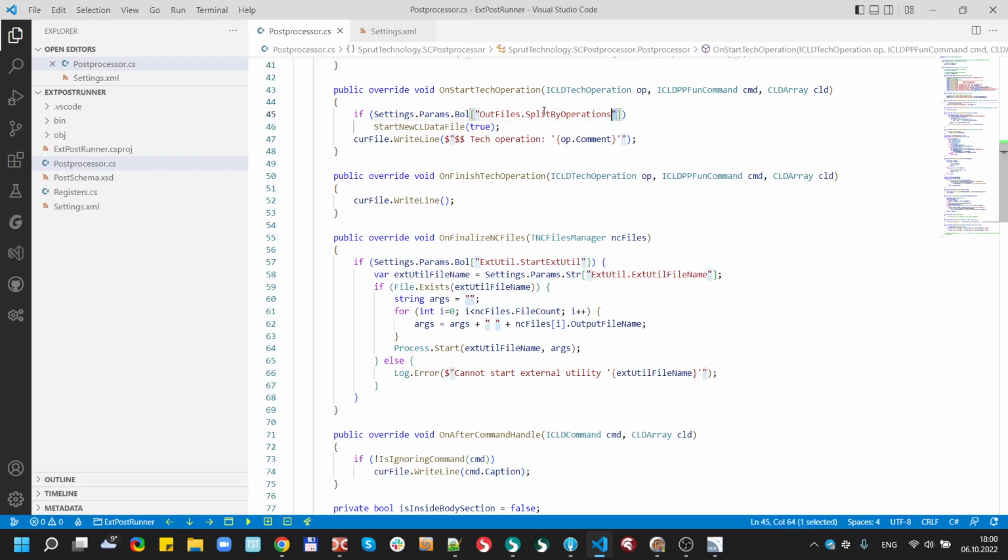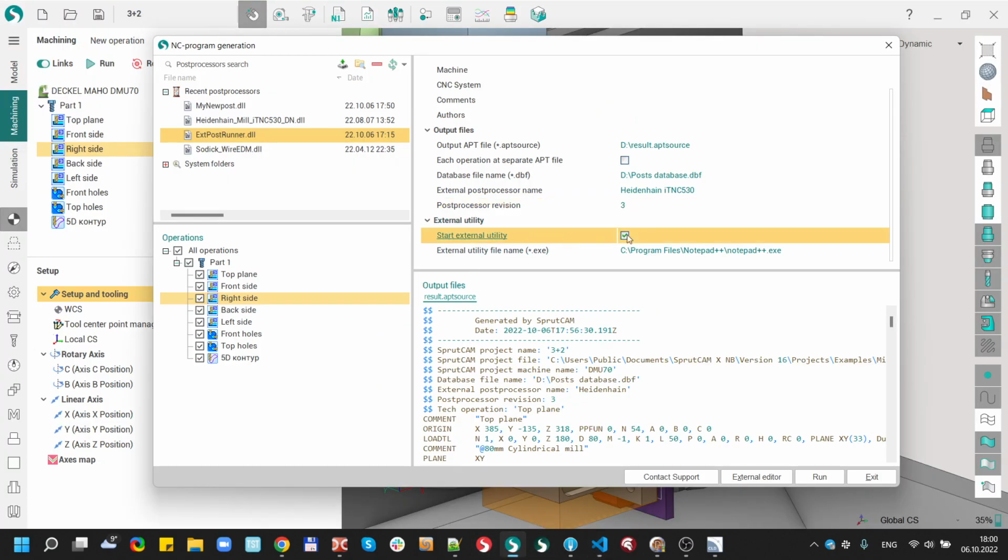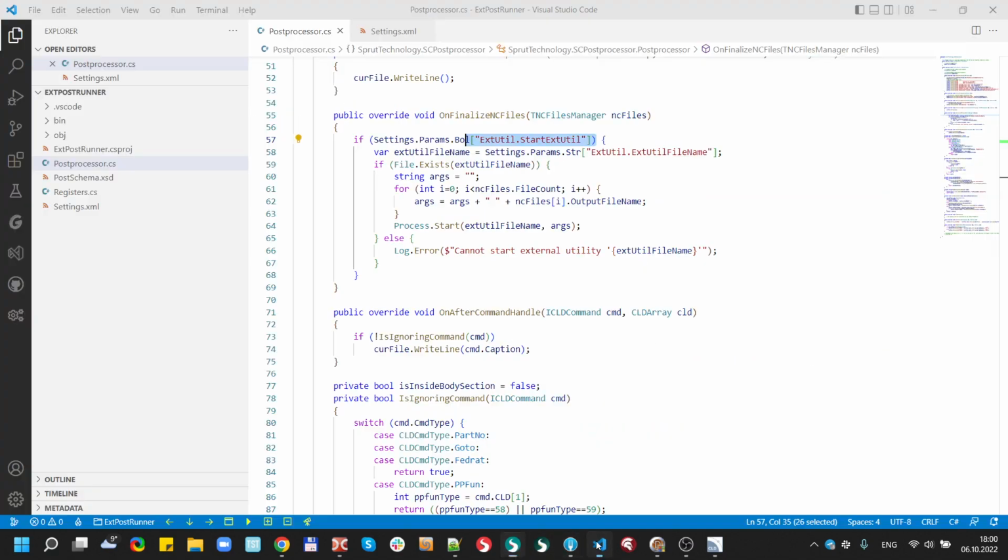If the split by operations option is enabled, I start a new CLData file for each operation. And when the whole post-processing is finished, I want to start some external utility. In this example, if the start external utility option is enabled, here start external utility, then it reads the external utility name